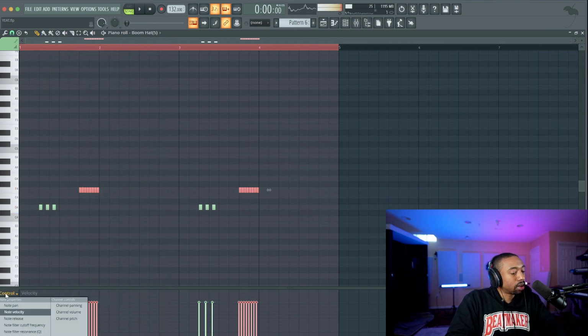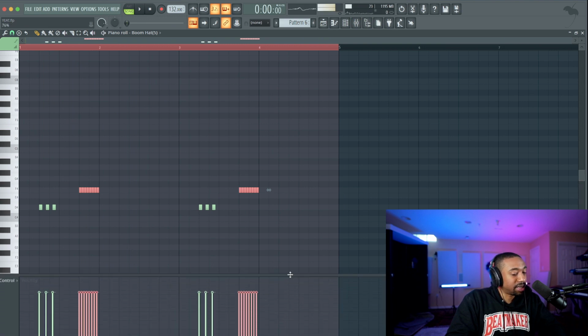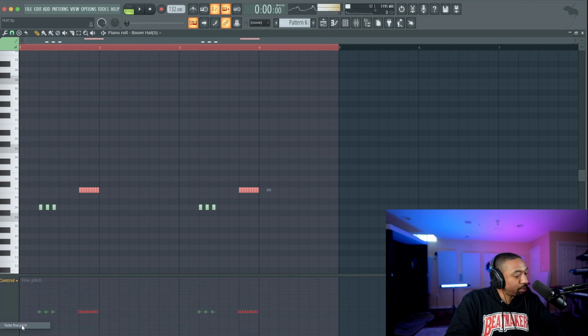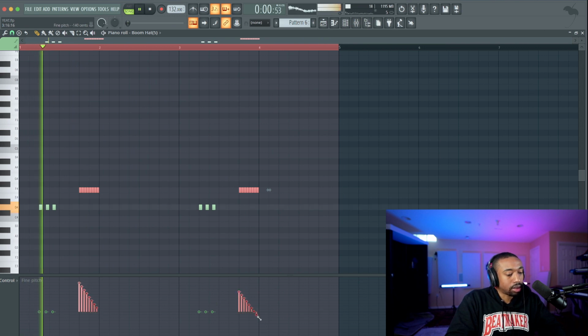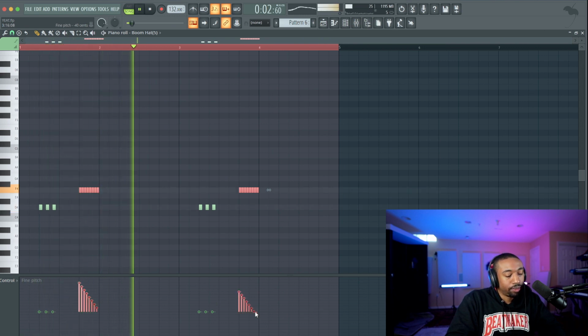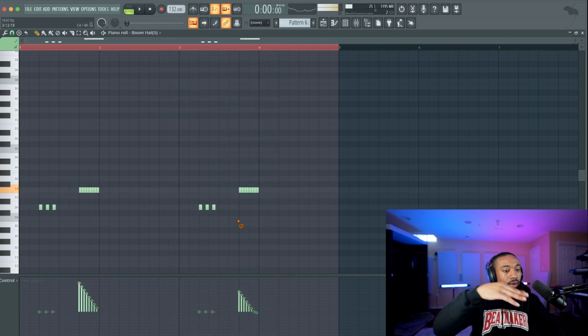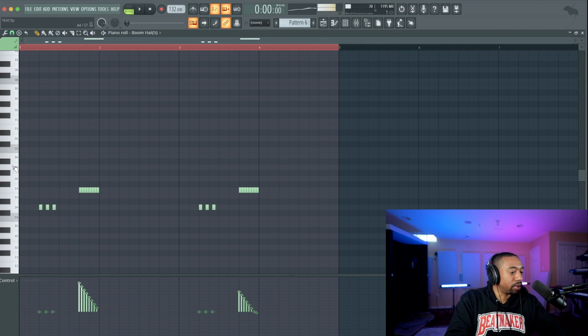I'm going to do one more thing. Go to the control on the bottom left. If you don't see it, there's an ellipses at the bottom. Just left click, grab that. Go to control, and let's go to where it says fine pitch. And now we can have the hi-hats glide down in pitch. So that's how people do all these dancing hi-hats. You can sit here and make yours more complex. I don't like the really complex hi-hats.